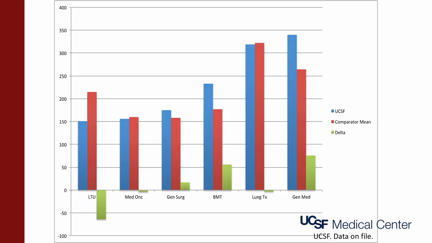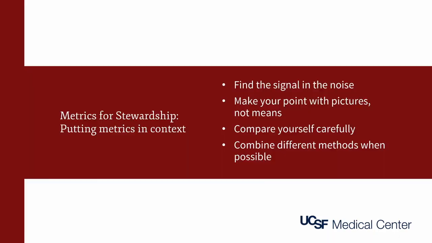This analysis allowed us to identify vancomycin as a real outlier in terms of utilization and to target a specific service for initial intervention. We've made some changes and we'll be analyzing the effect, of course, when we've gathered enough longitudinal data points. So in summary, key metrics for antimicrobial stewardship have lots of noise obscuring the signal, so you'll need to gather lots of data points and estimate the uncertainty.